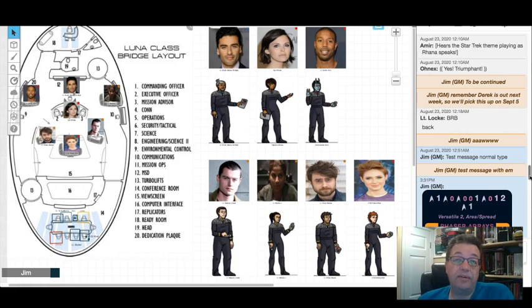And this is great when two player characters are on the bridge talking to each other, imparting information back and forth or having a good scene. I can drop in a little something about, hey, what are these other officers on the bridge doing? How are they reacting to what's being said or what's being done or whatever. So as a GM, it's a nice tool, and it's not something I could really do effectively in person,